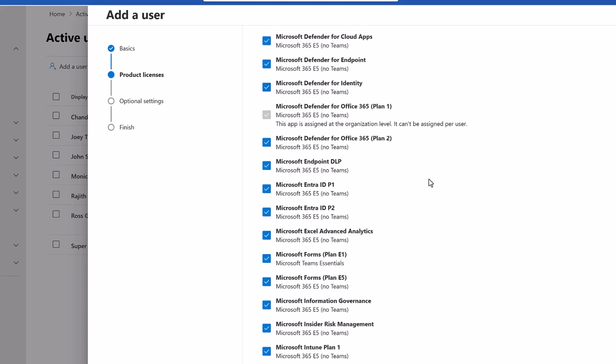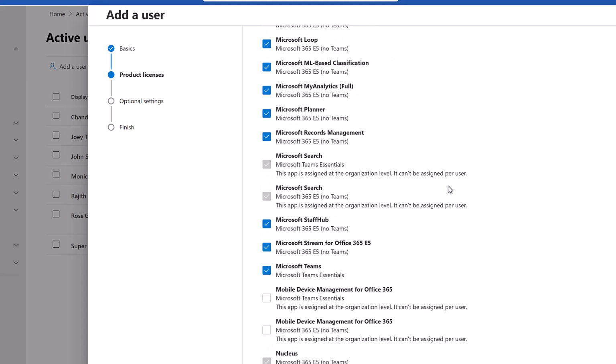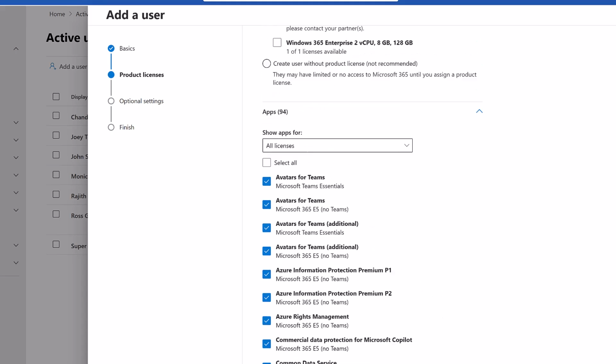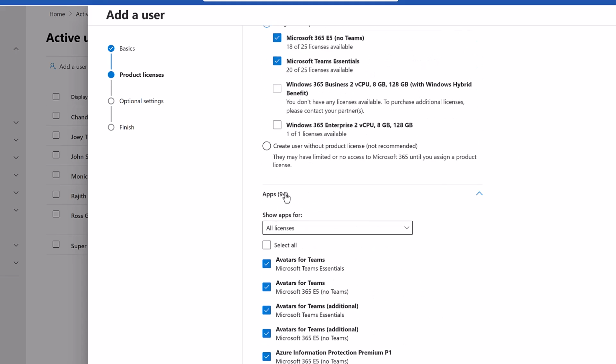So as I told you before, there's two types of Microsoft Entra ID license, P1 and P2. So since we have P2, we have both P2 and P1 assigned. If it is just the P1 license that you have, you'll only have P1 over here. So you have a list of all the applications that is coming as part of this particular license queue. So we have 94 of them. And again, you can select all, or you can just pick and choose as to what we want for this